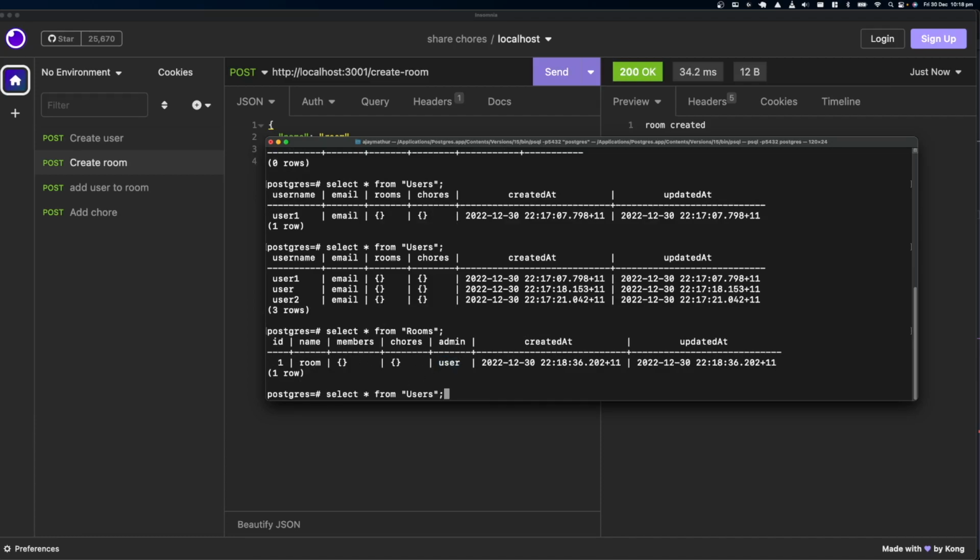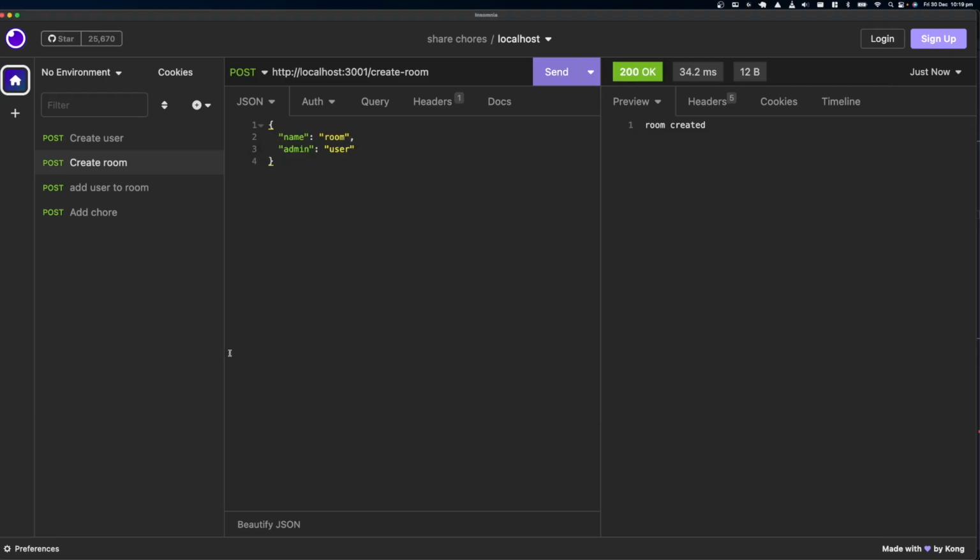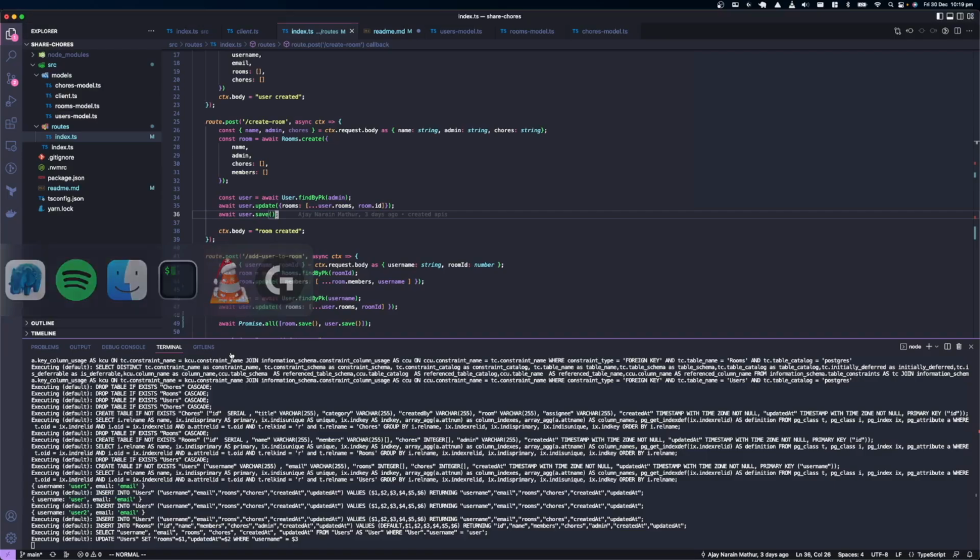Now if I do select star on users, you can see the user has this room in their table. So we can cross-reference this when in the front end we are showing all the rooms for the user. We can just pick up from here and then reference those rooms in the rooms table. Coming back to our code again,